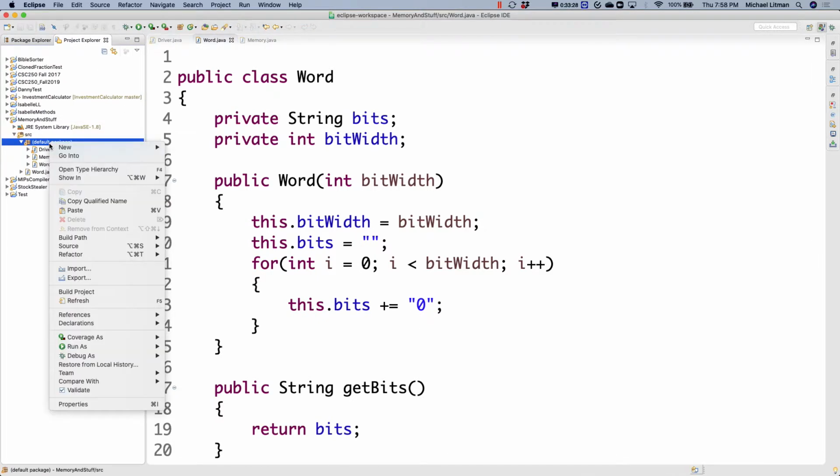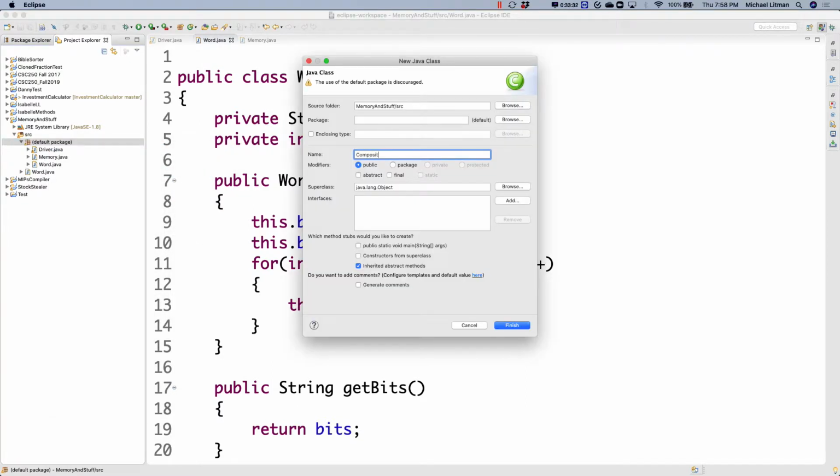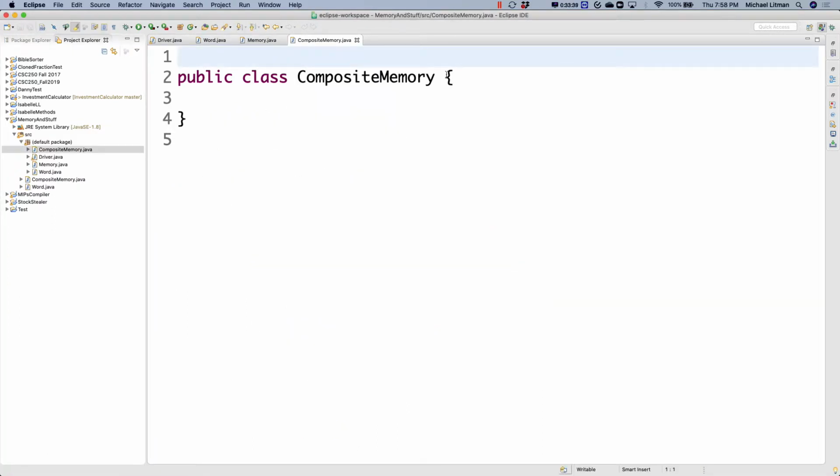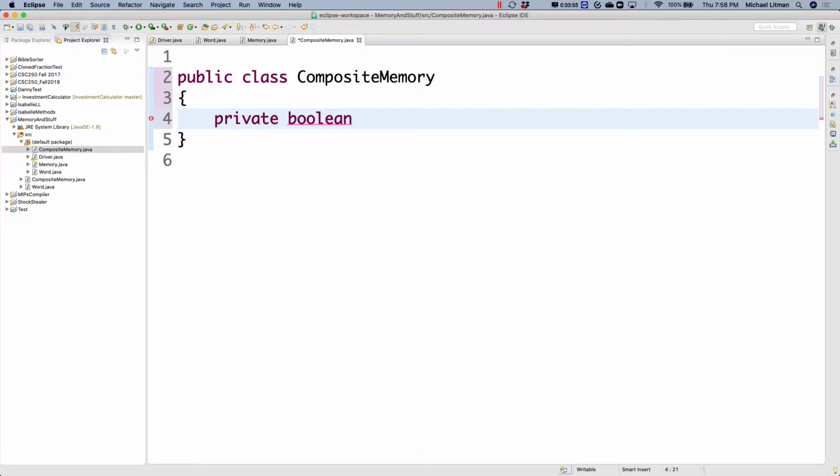So I'll right-click, say New Class, and call it Composite Memory. The composite memory is going to hold a collection of memory. So I'm actually going to say private Boolean